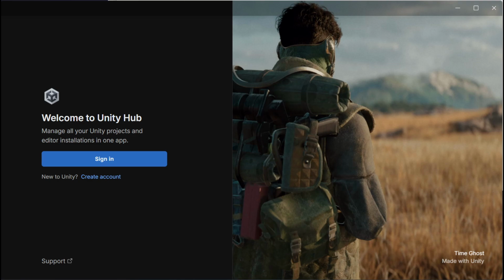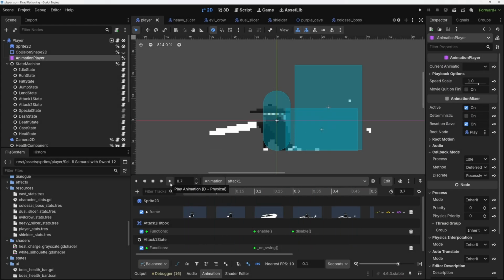When it comes to game engines, I actually began making my game in Unity before switching to Godot. Now this isn't a Unity versus Godot video, use whatever engine you find works for you. But after about 10 hours on Unity, I was struggling. It just wasn't clicking with me, so I switched over to Godot, and within just a couple hours I was